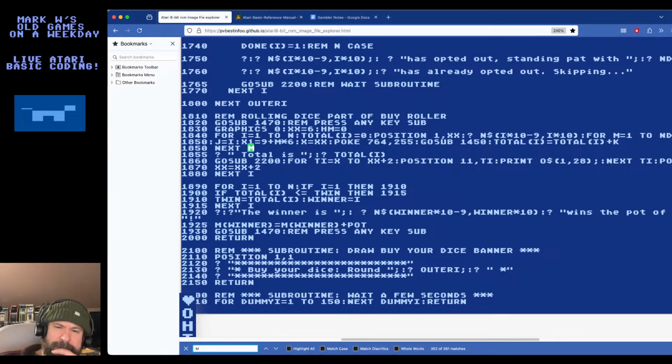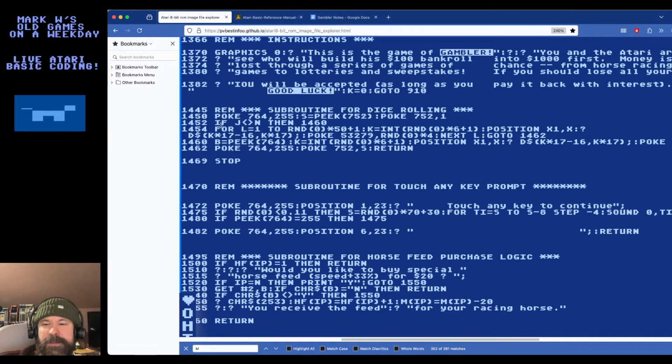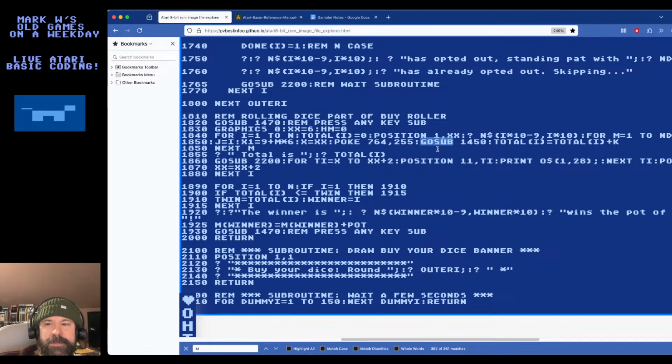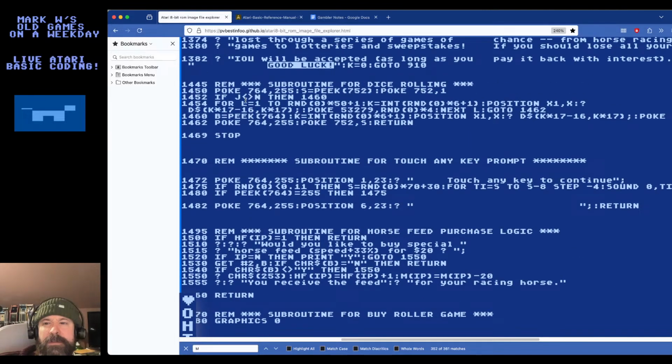Yeah, bizarre. Is the GOSUB messing anything up? 1450 is what? That's the press any key, right? Wait, what is this? GOSUB 1450. Oh, that's the dice rolling stuff. Okay.